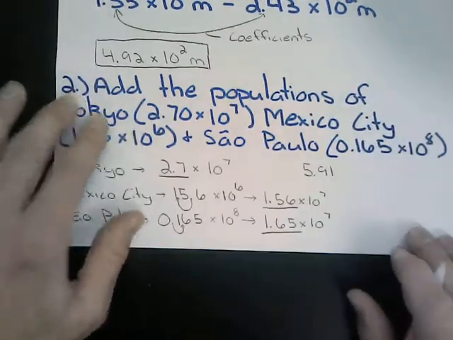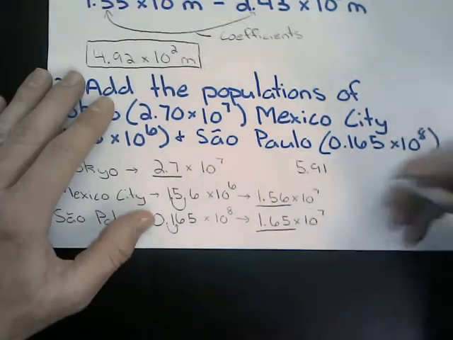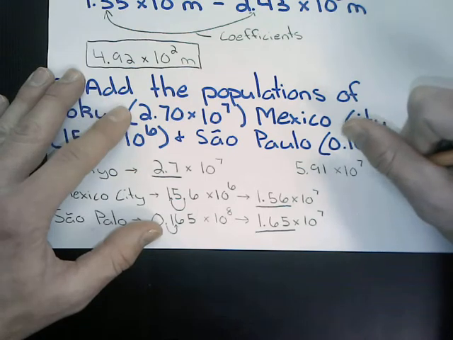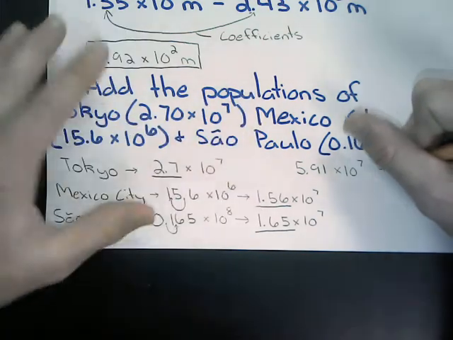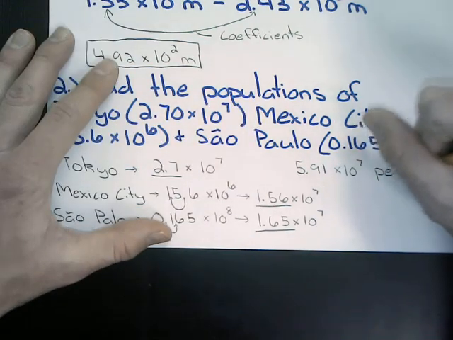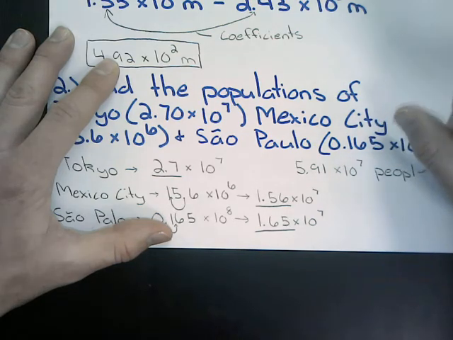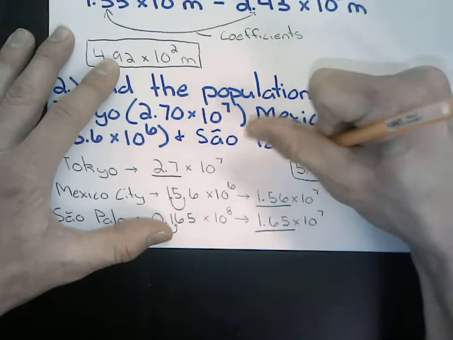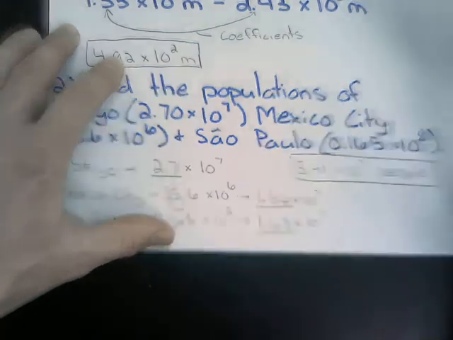5.91. They all use the 7th power, so we say times 10 to the 7th power. And remember, we are measuring the population, so that would be people. Now, once more, if you don't trust that you did this correctly, you can always utilize your calculator to go